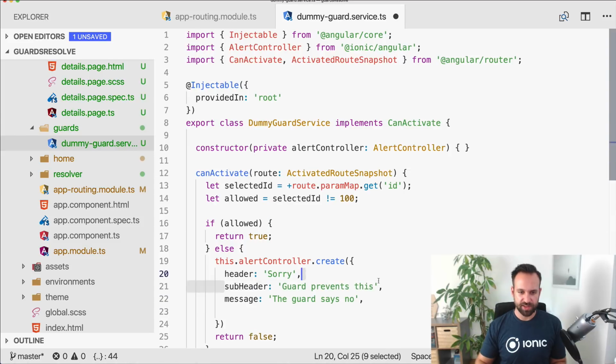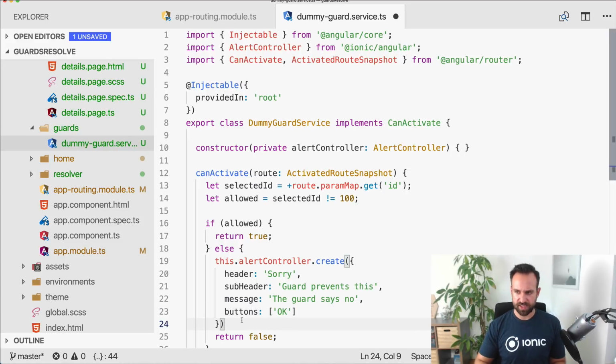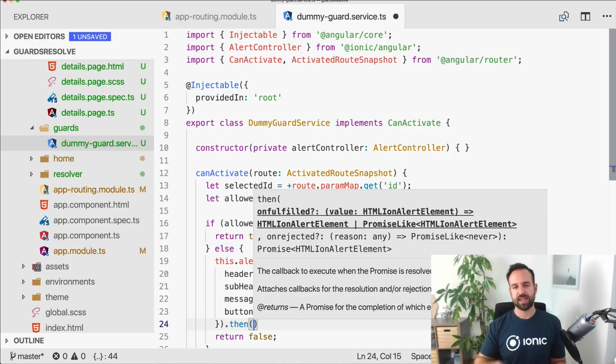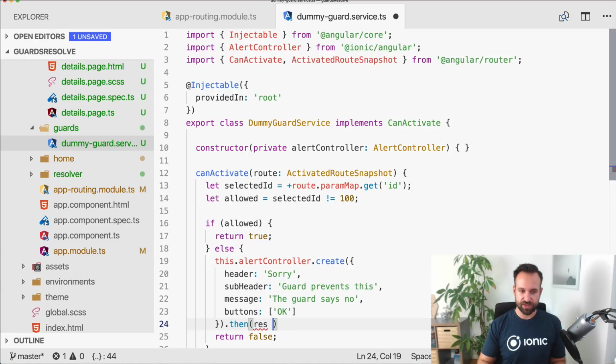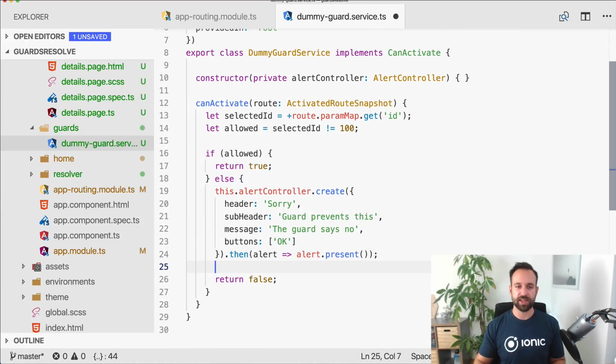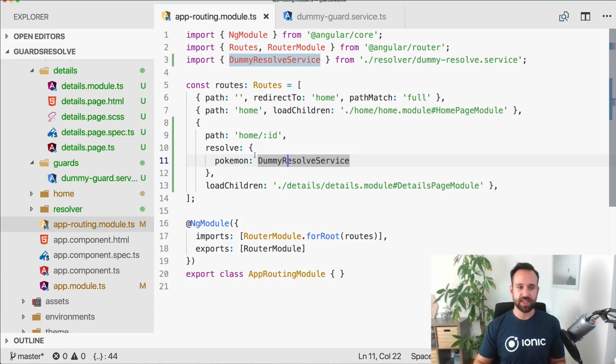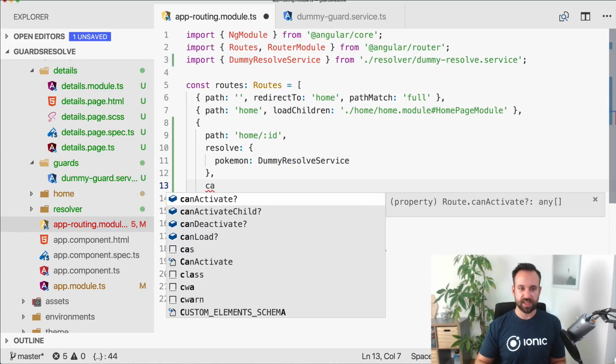I think actually this option is new with Ionic 4, but I'm not 100% sure. It just feels like it's somehow new. Again, just like we had with the loading, this is async. So we basically get the alert here and then we call alert present. This would be the short form of what we did with the loading, where we actually needed the loading later on. So now we have created this,